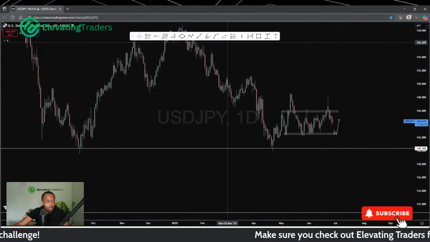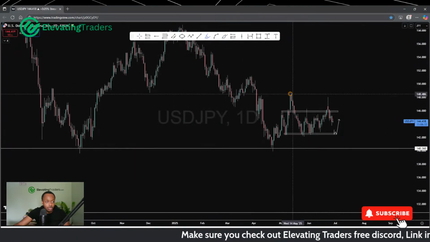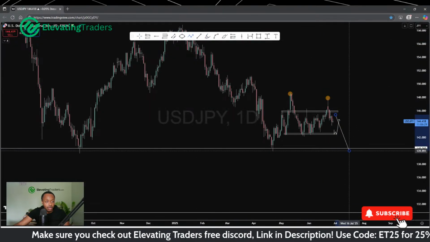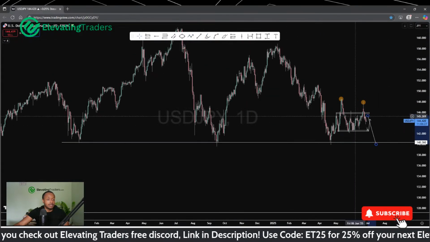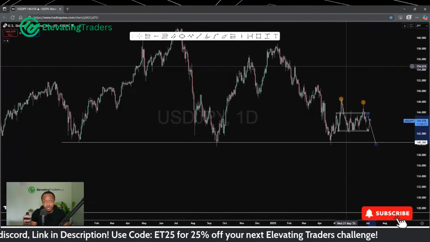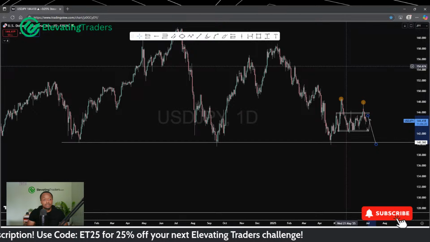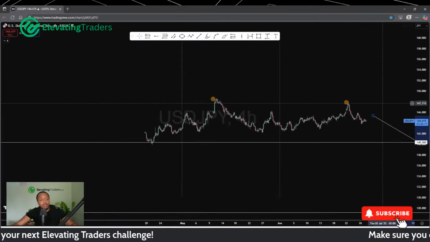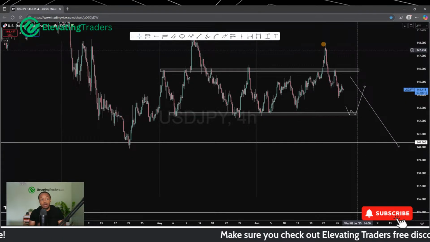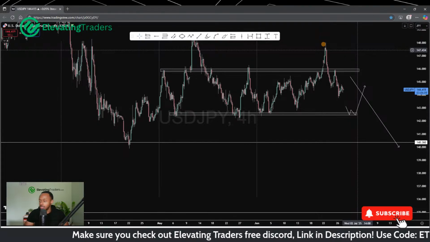The way I see it, price has had another really aggressive push up higher, and that could be our next lower high for a move lower. I can see dollar yen still falling back into support there. So dollar yen still looks pretty bearish to me, which I find quite interesting because other yen pairs are looking pretty bullish. I mean, compared to euro yen, it's almost like two different markets completely, which of course they are, but normally yen pairs tend to do the same thing.